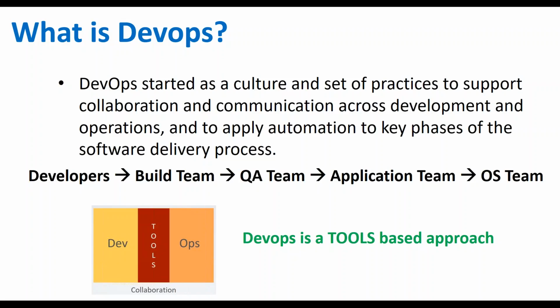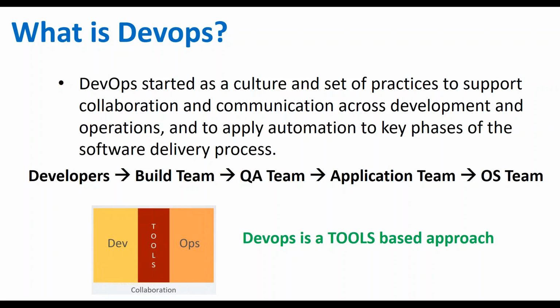That makes the job easy, so they can mutually communicate and release. So there will be a lot of mutual understanding practices in DevOps, and it's not only the teams mutually practicing, there will be a lot of tools which help you in communicating